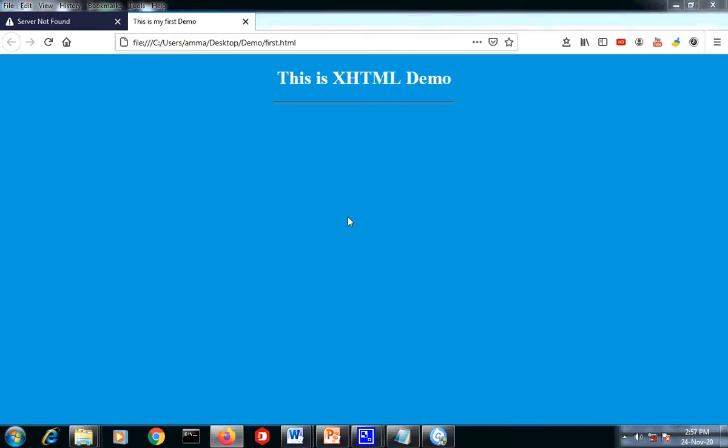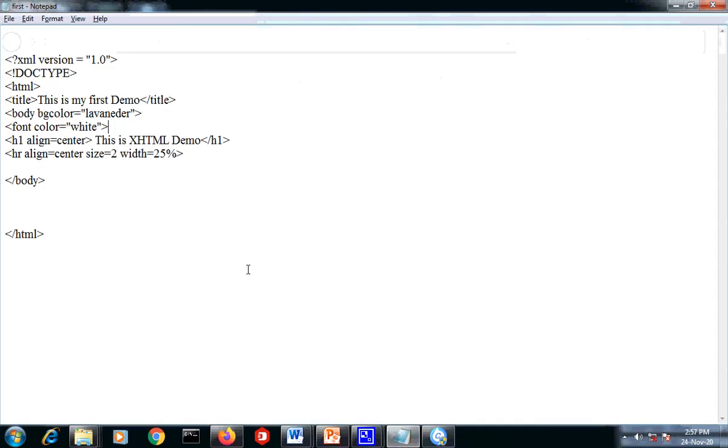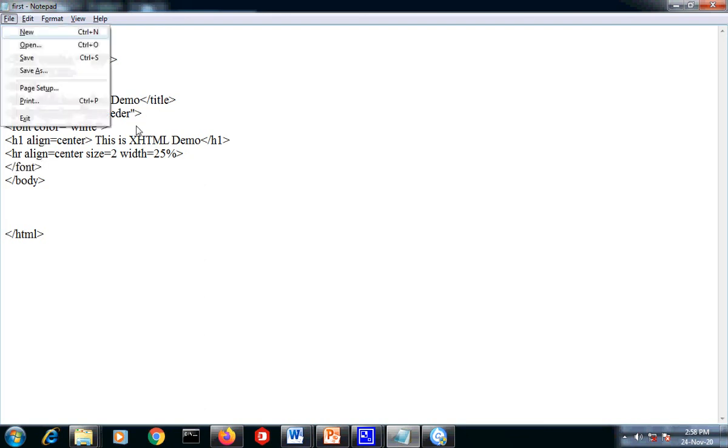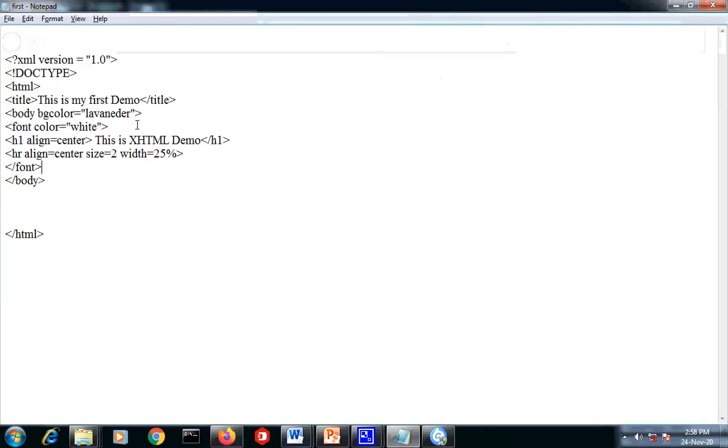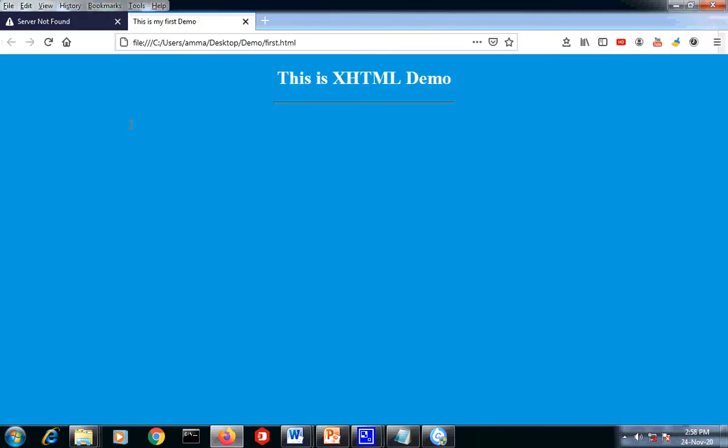When we start the font color, you must close your font color. Okay, Control S by pressing F5.